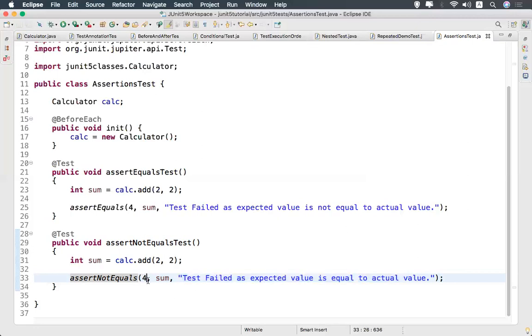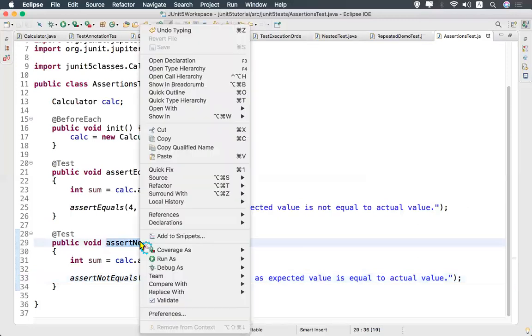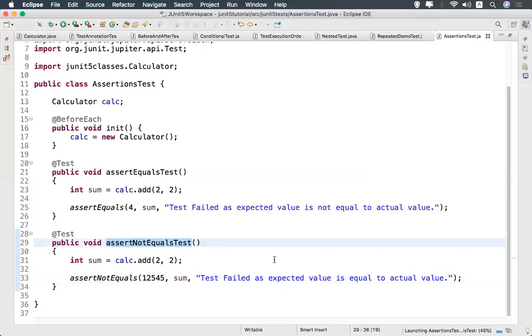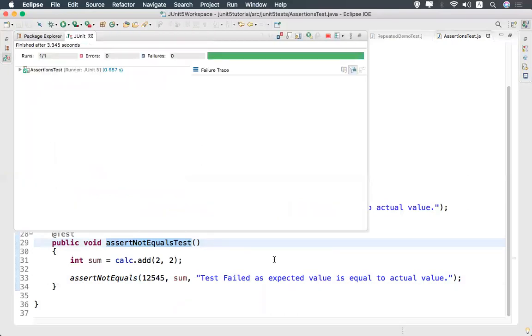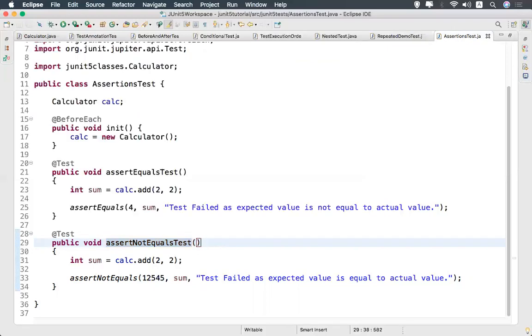Okay, but you'll get this information. But if I say I can give some random number, okay, both should not be equal. 4, 1, 2, 5, 4, 5, both are not equal. So my test case will pass. So you should understand this concept, then it is very easy to use. So my test case is pass. That's it. Okay. So now we'll see another assertion. We have seen assert equals, assert not equals, assert array equals, we'll see.